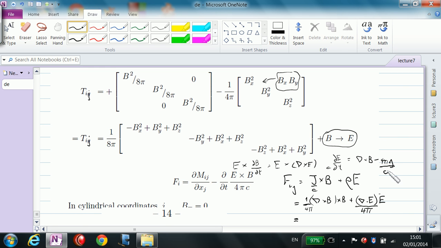Yeah. Right? This is one of Maxwell's equations. Anyway, if you play around with this,